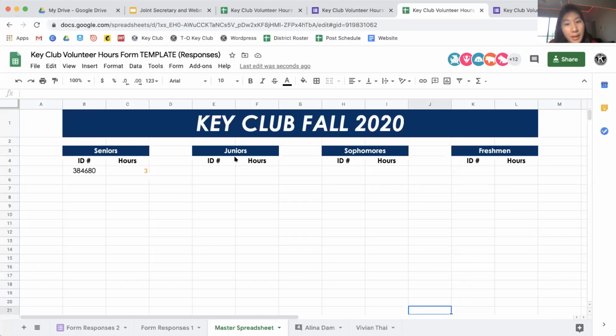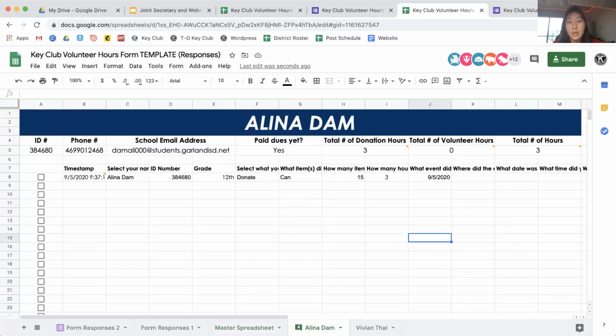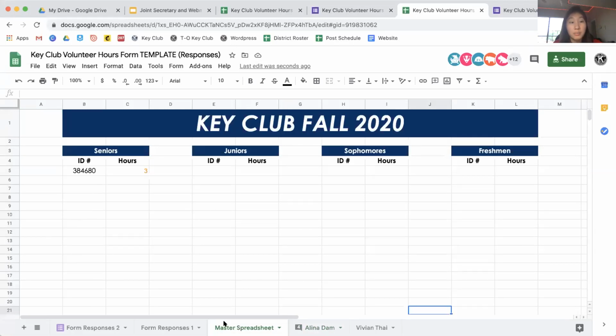Will the master form automatically update hours when someone submits a form? Yes, so that is precisely the reason why I tried to find a way to do this. Once someone submits a form, it will automatically sort into the individual's name and calculate their total number of hours, and then automatically put it on the master spreadsheet under this hours column, because you just put a program for it. You didn't have to go back and update it. It just happens automatically when the person